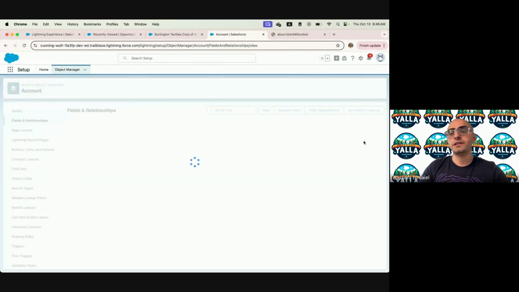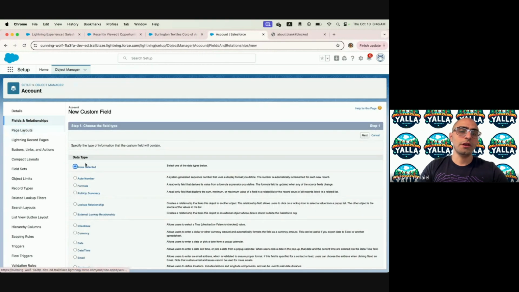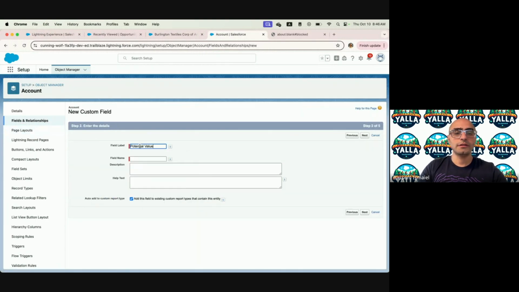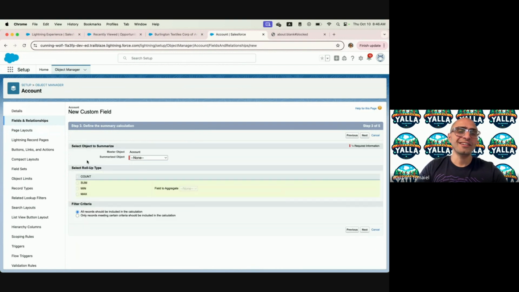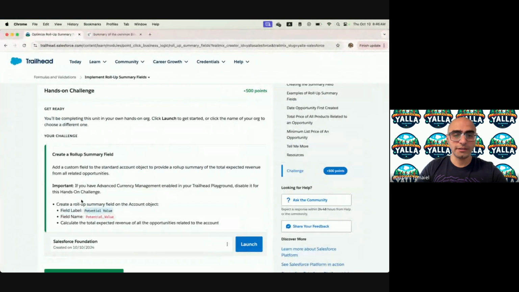I will need fields and relationships. I need to create a new one. And it is going to be a roll-up summary. And it is based on this, this is the name of the field. Salesforce, and Trailhead is very picky, so just copy and paste to be safe. And then summarize object. I will go for the opportunities, and within the opportunities, I need to do, if you have advanced currency,